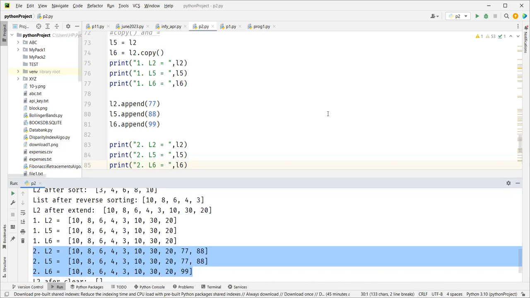Seventy-seven, 88. Okay, did L6 only carry the beginning values of the L2? Um, mm,